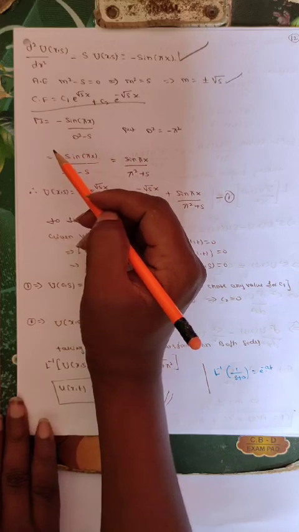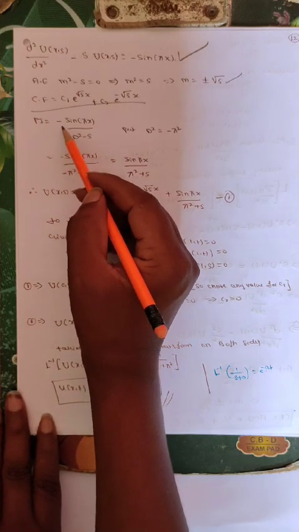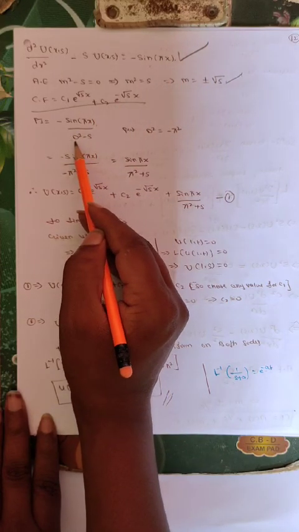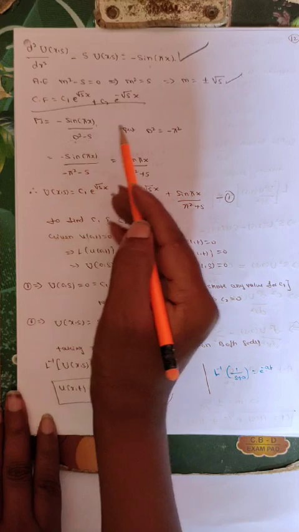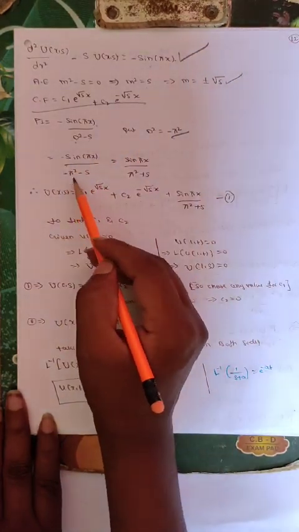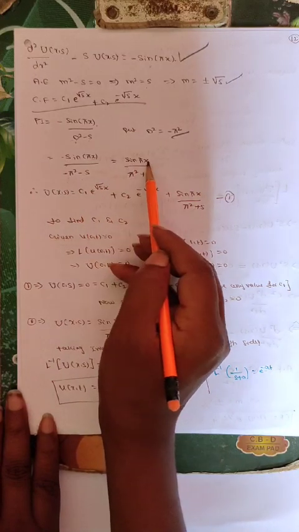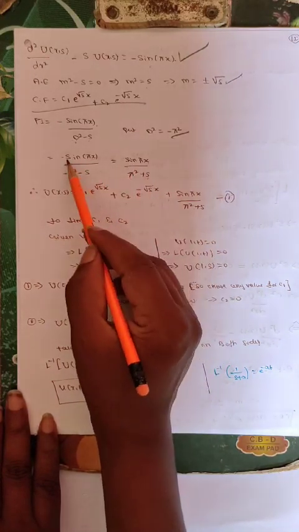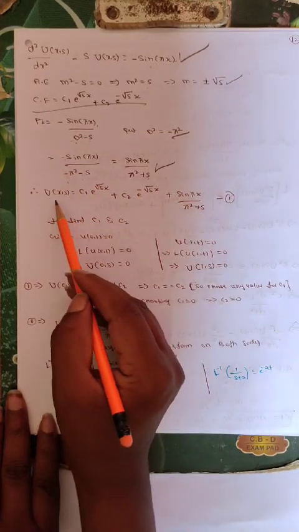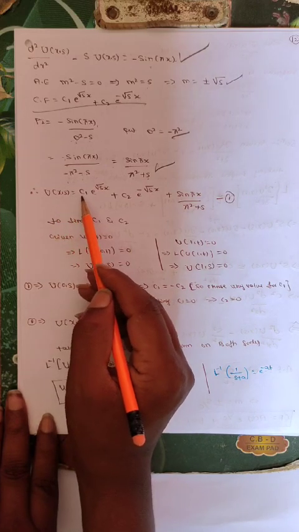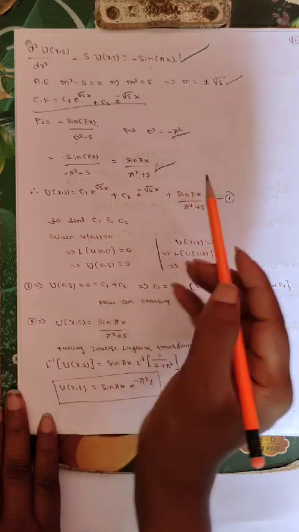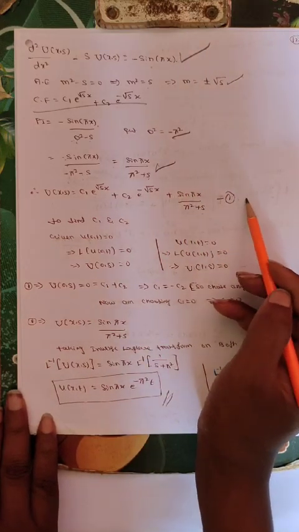Now we have to find the particular solution. In the RHS, minus sin pi x is there, so minus sin pi x divided by d square minus s. Here d square is replaced by minus pi square, then we get minus sin pi x divided by (minus pi square minus s). So this is equal to sin pi x divided by (pi square plus s). Here the minus is there, so taking minus common, it gets cancelled, then we get this. Therefore u of x comma s, the general solution, is c1 e to the power root s x plus c2 e to the power minus root s x plus sin pi x divided by (pi square plus s). So this is equation 1.